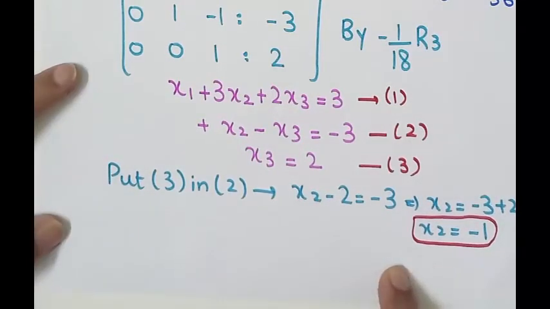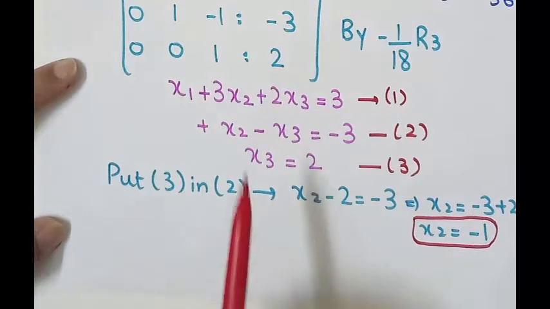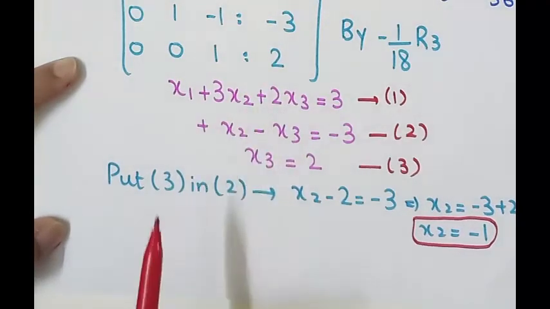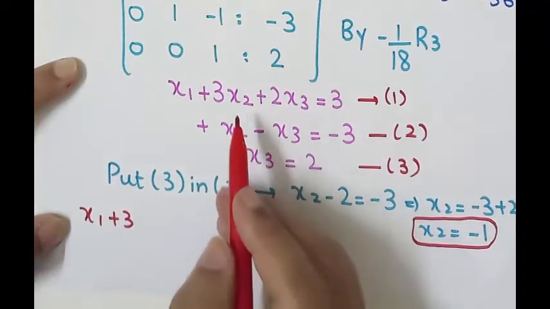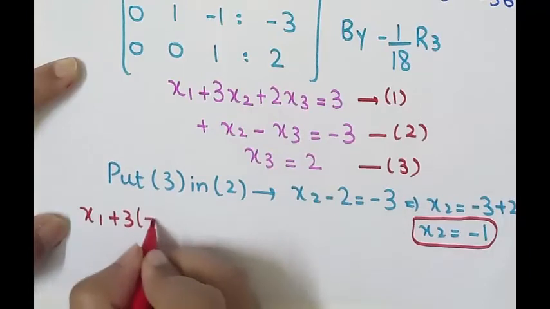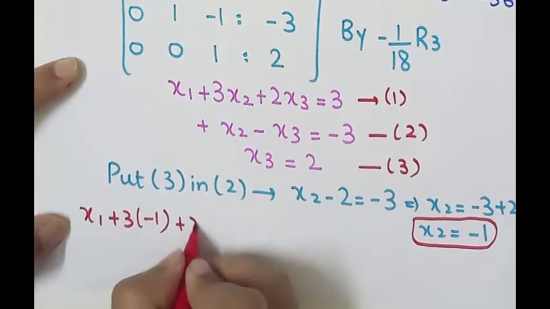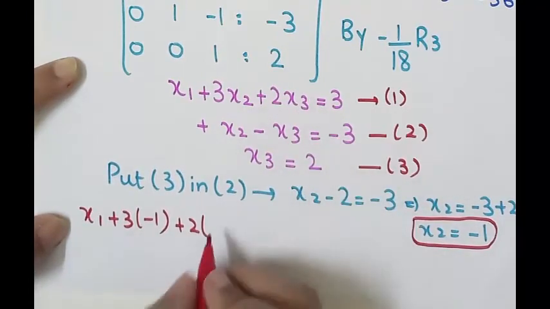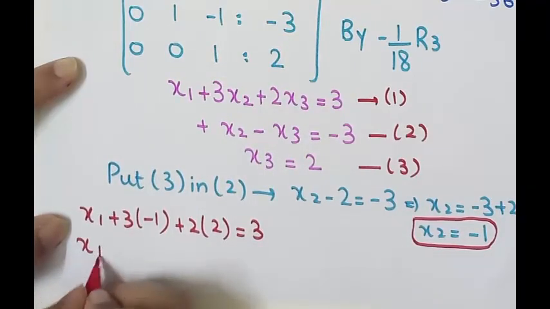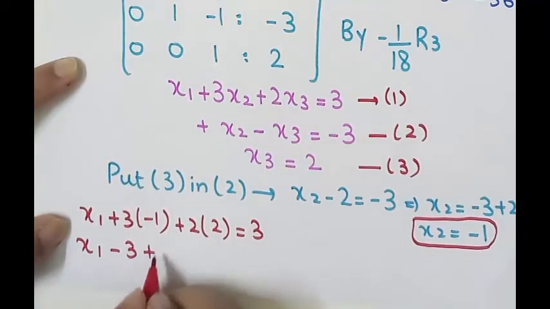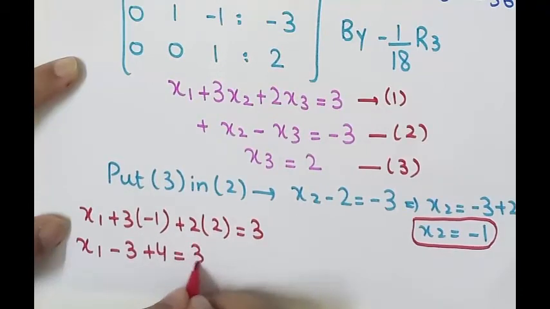x2 is minus 1. Now one equation is remaining and we will find the value of x1. x1 plus 3 times x2, which is minus 1, plus 2 times x3, which is 2, is equal to 3. So x1 minus 3 plus 4 is equal to 3,